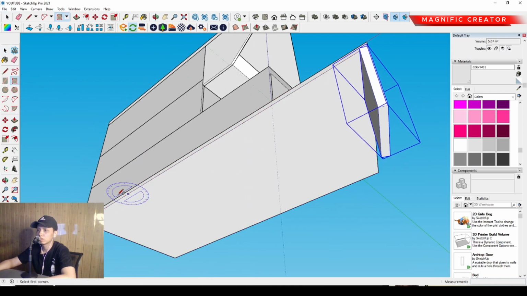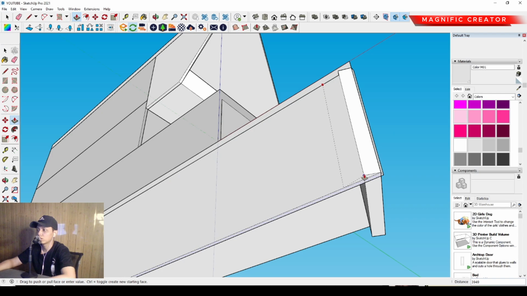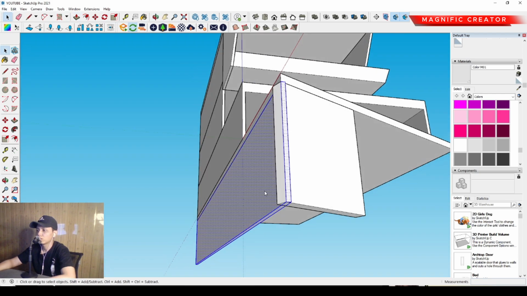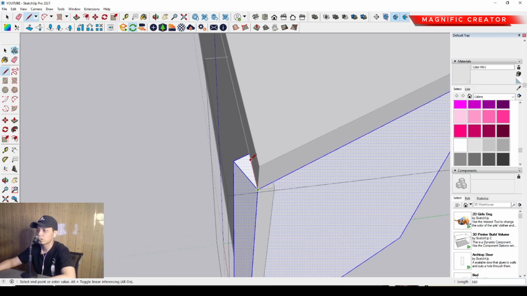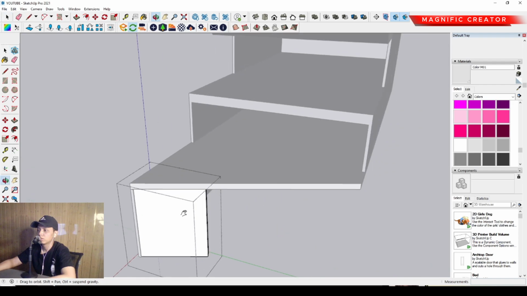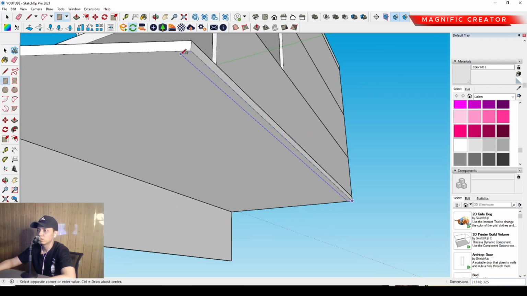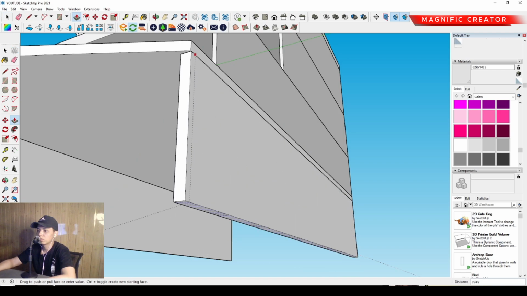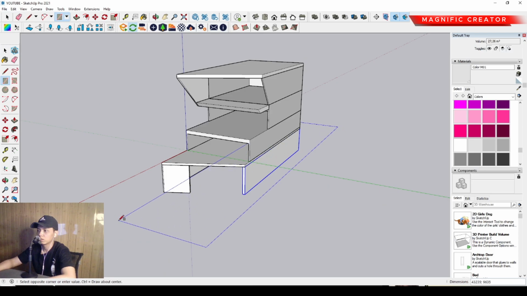select this rectangle. We can type 150 millimeter, and then we can push it down. Again, we can make group. So then we can fix this wall anyway. And then we can make another wall over there, and we can push it down, and then we can make group. So then we can